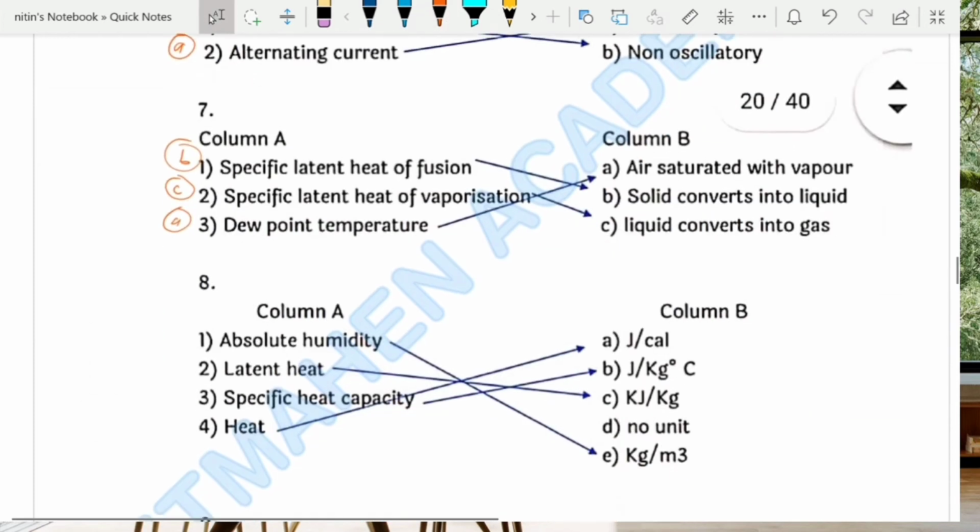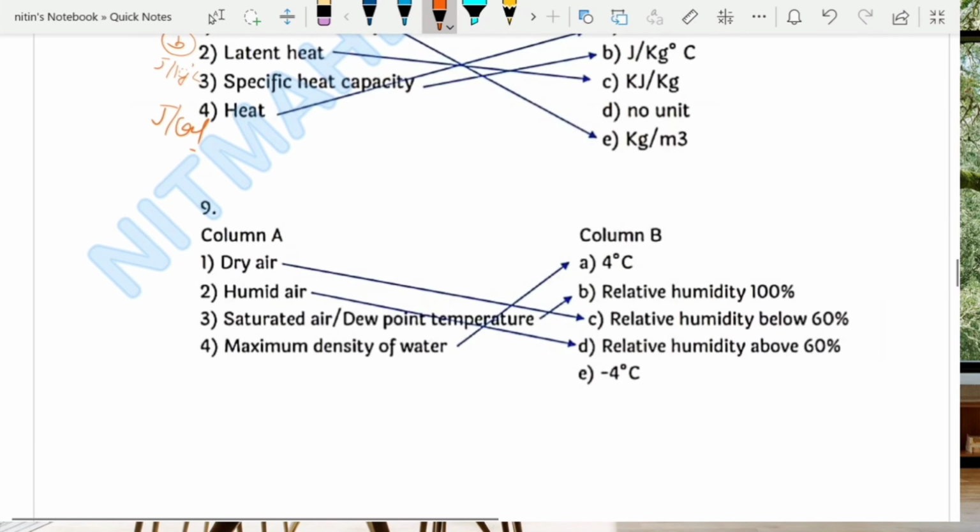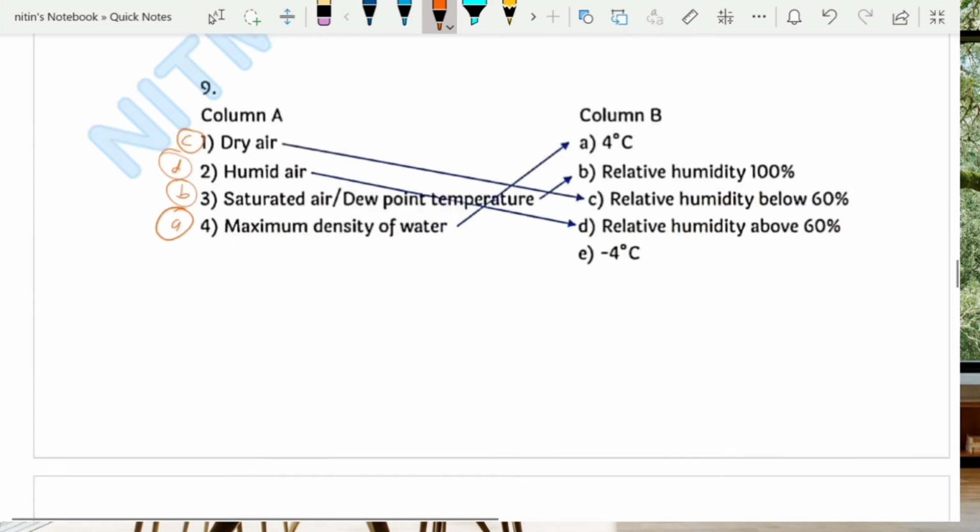Okay, next, column A and B. Absolute humidity kg per, option number E is right. Latent heat kilojoule per kg, option B is right. Specific heat capacity is joule per kg degree Celsius, and heat is joule per calorie. Okay, next, dry air relative humidity below 60, option C. Humid air is D, relative above 60. Saturated air dew point is B, and maximum density of the water is A. Next,